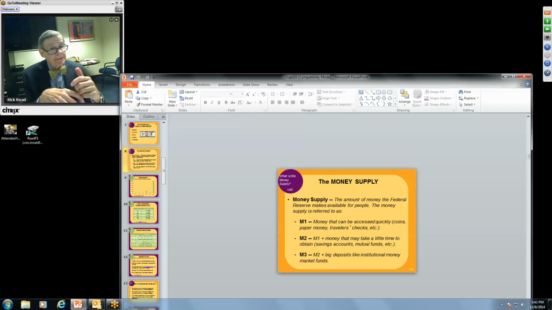And it's money, as notice here, that we can put in our hands very quickly, and we know the value of it. We're talking about coins and paper and things of that nature. Also things like traveler's checks, because that's immediately negotiable for its face value. Now, you're going to run into some place that says, well, we don't cash traveler's checks, or we only take American Express traveler's checks.